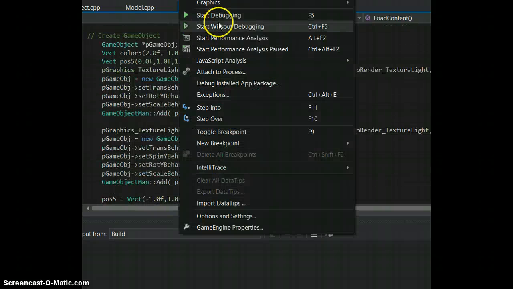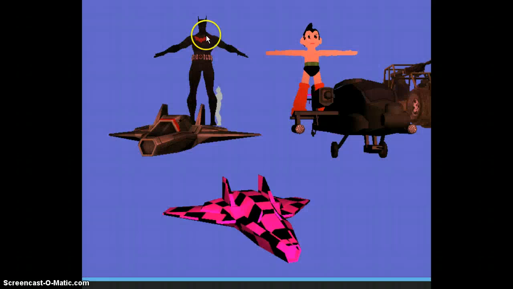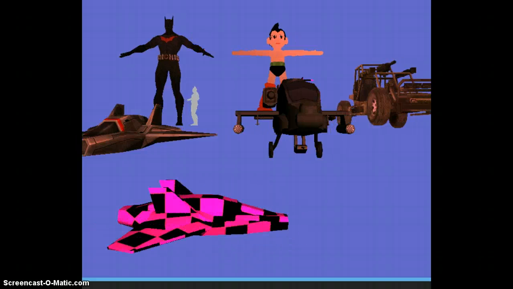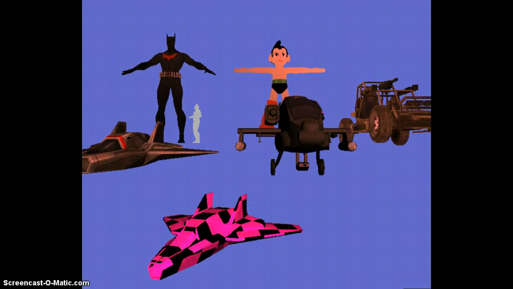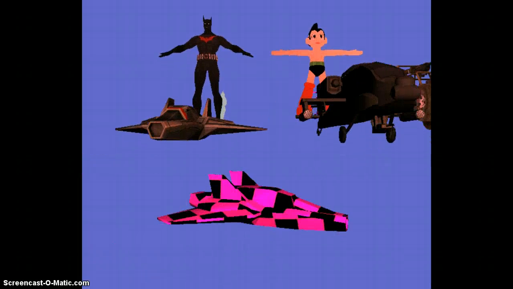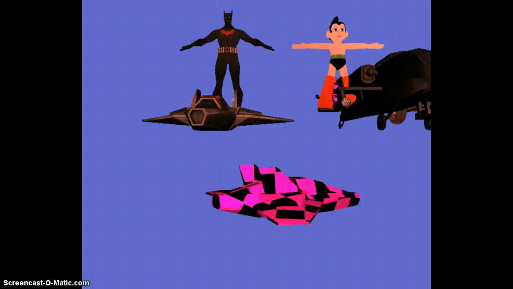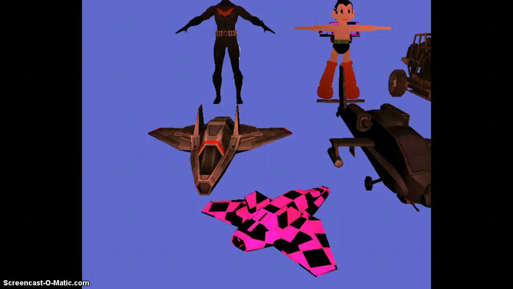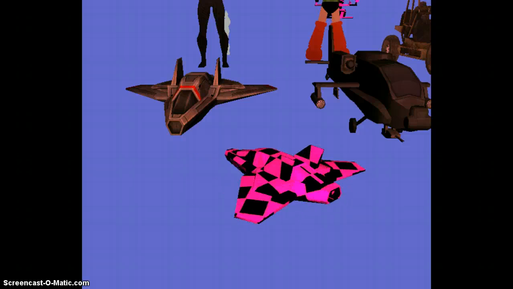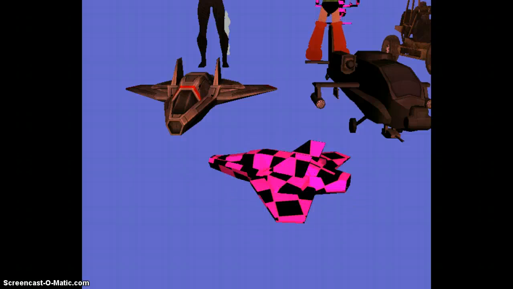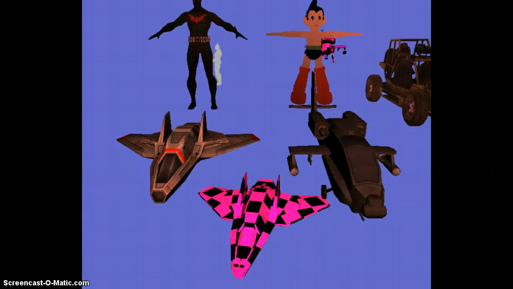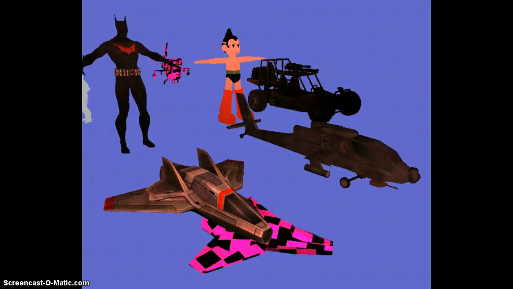Yeah, so here, let me run my engine. Okay, so we have a couple different things going on here. We have 1, 2, 3, 4, 5, 6, 7, 8 different models, a couple of which are instantiated. You can see that the space frigate down here has one that is textured perfectly fine, and then one that I did not tell what texture to assign to, so it defaulted to the pink checkerboard. We have a helicopter, Astro Boy, Batman, the buggy, and as you can see I can move around the scene, rotate,